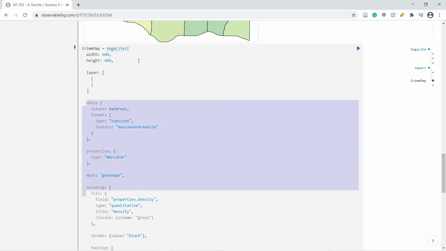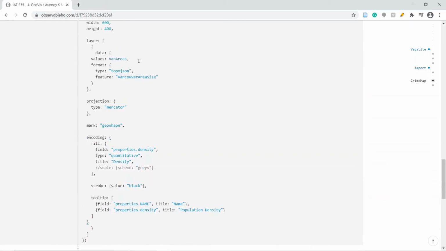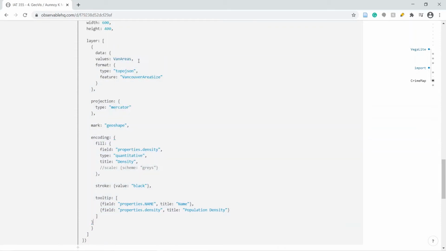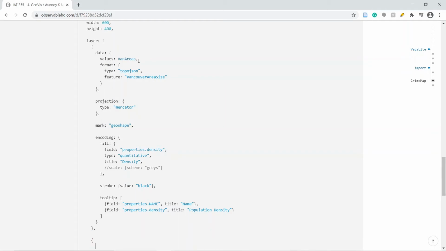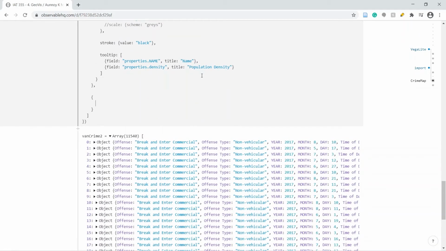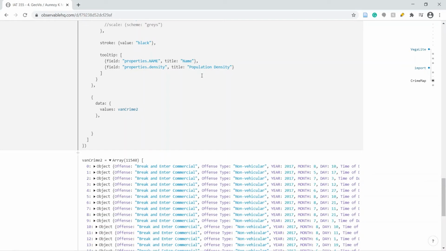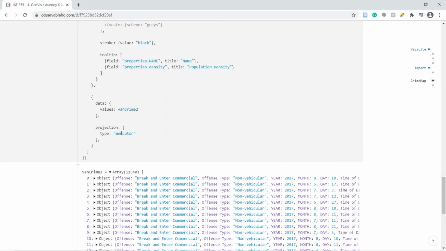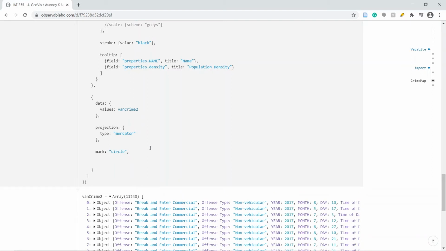Let's put the first plot as the first layer, and another plot as the second layer. We will get our data from Vancouver Crime 2, which we just created. Our projection, just like before, will be of type mercator. As mark, we will use circles to mark on the plot we have right now. We will then start an encoding